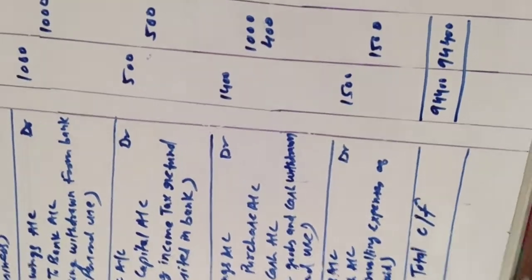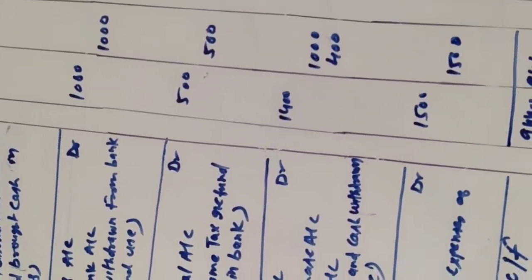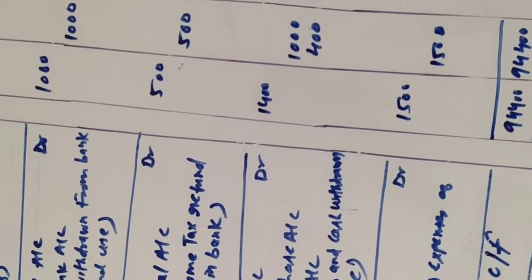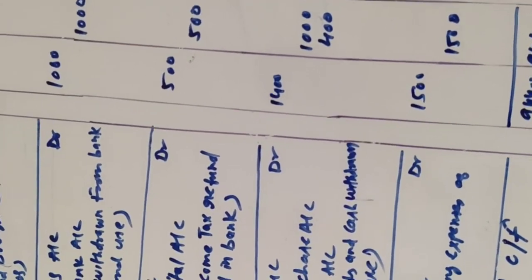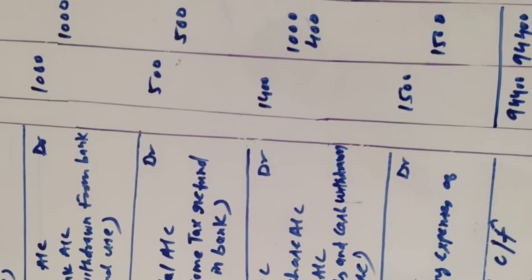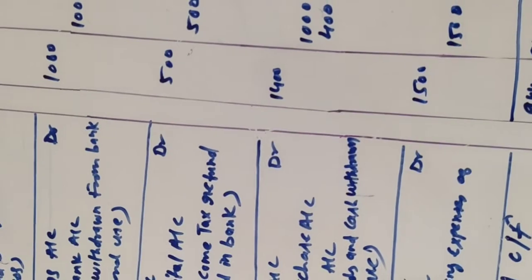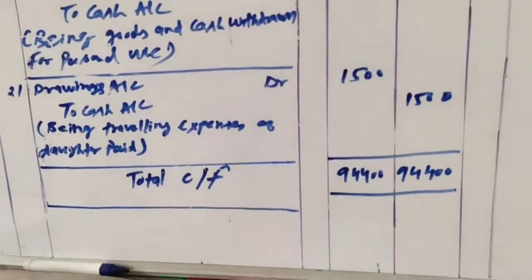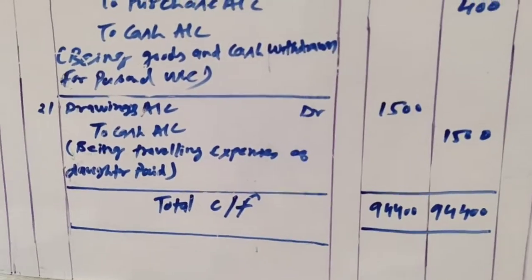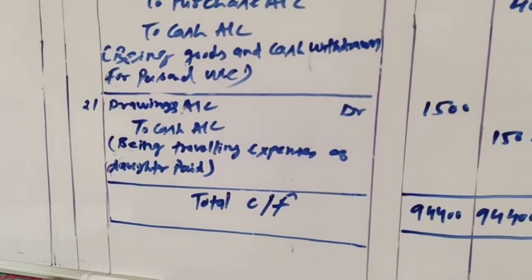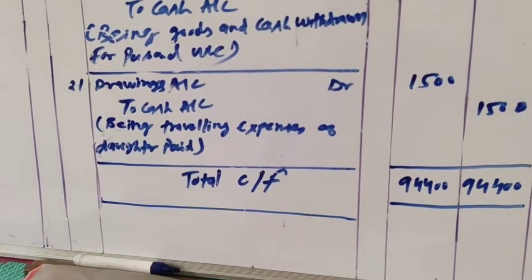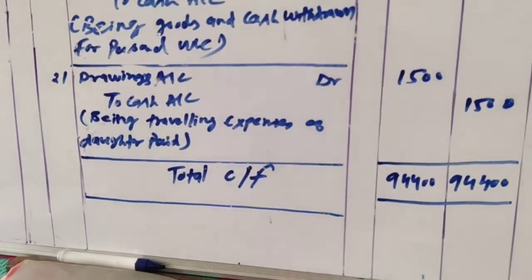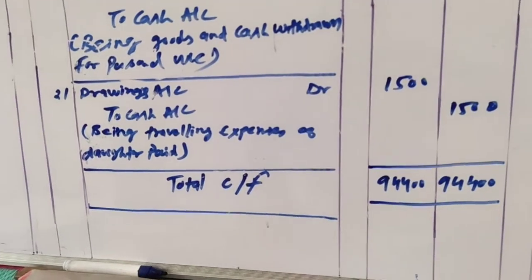So here what we have to do, this total we have to carry forward to the next page. As we are carry forwarding, we are going to use the next page to continue the same sum, so this total will be carried forward to that page. This way we write total C/F, that is total carried forward. You can write in full also, total carried forward, right? So total C/F